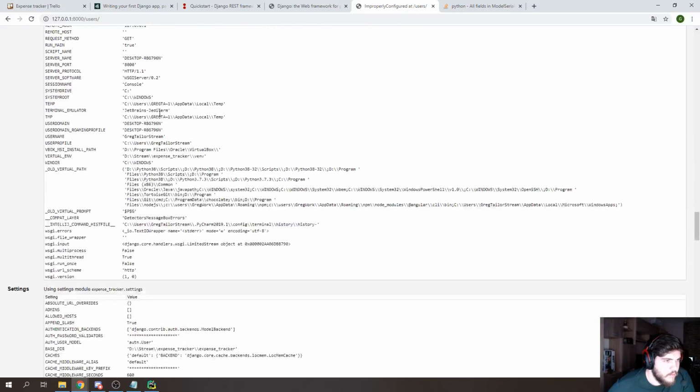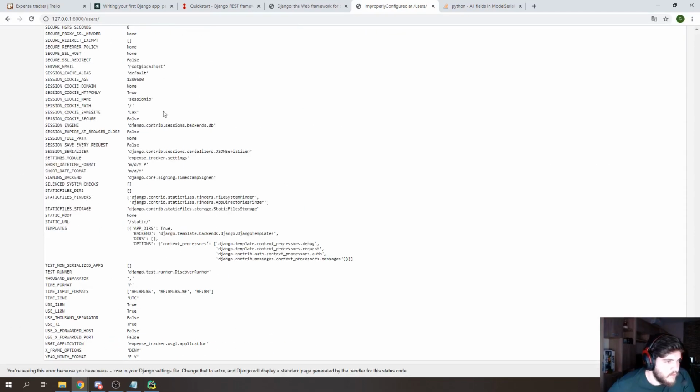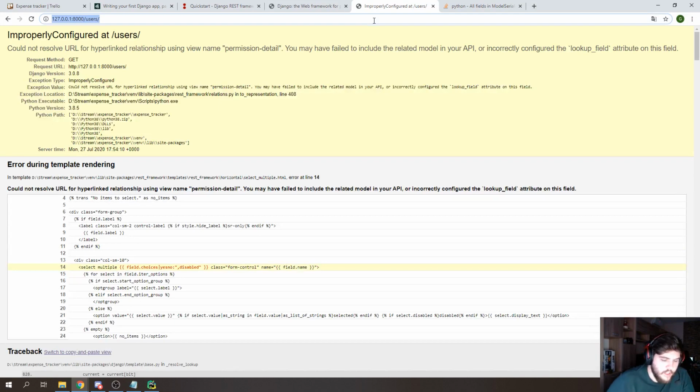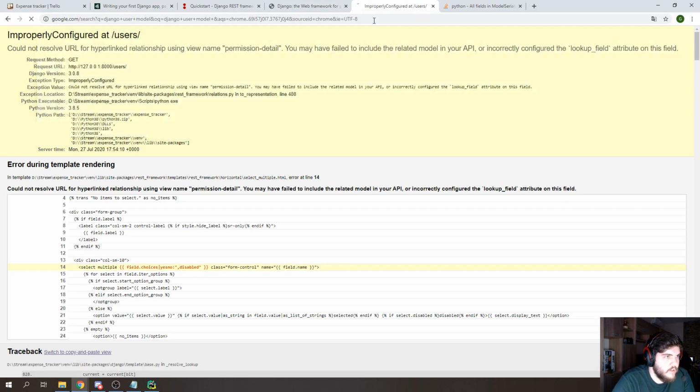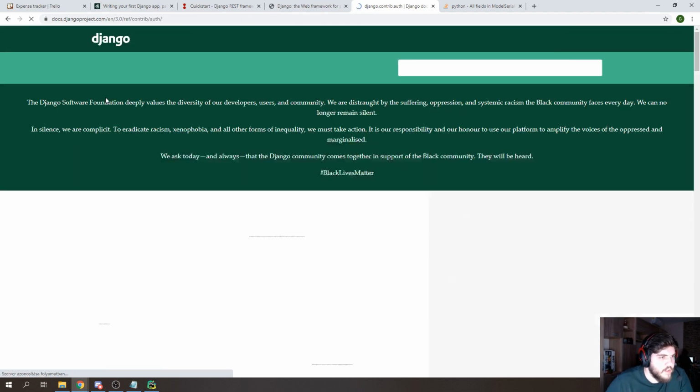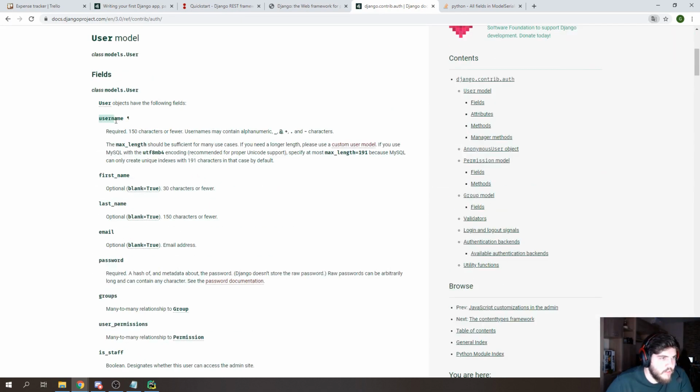So, oh god, lots of stuff here. Okay, let's just search for the Django user model, and probably we'll see some documentation about it. And yeah, we can just see what fields we have. So username, first name, last name, email,